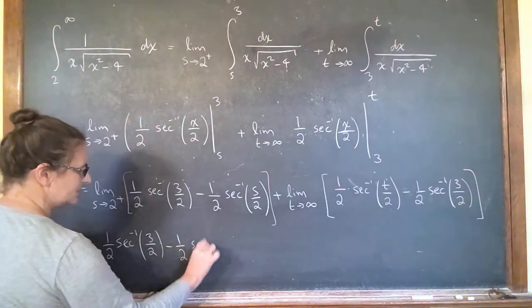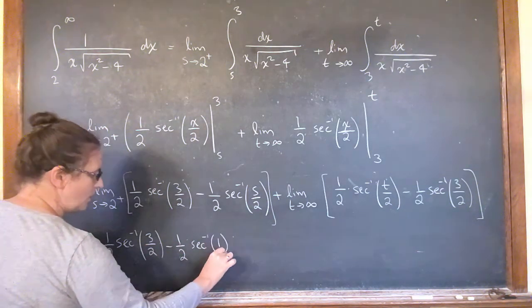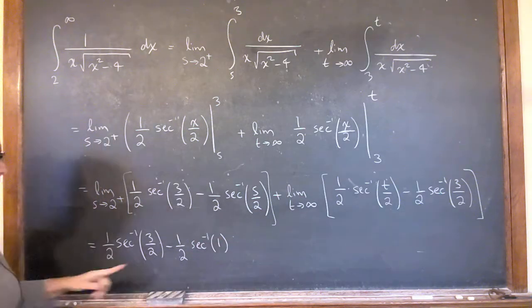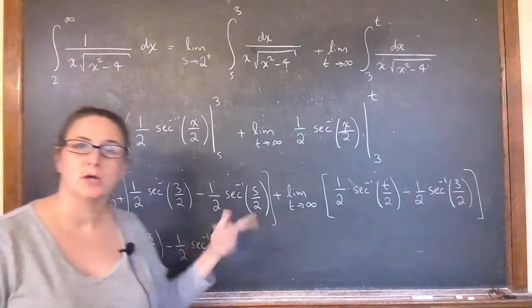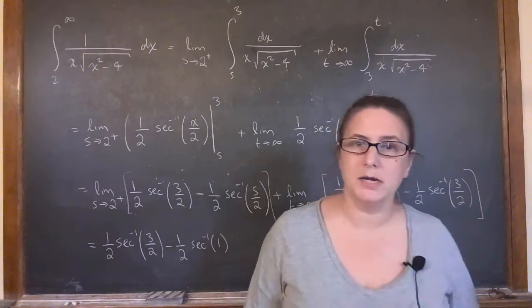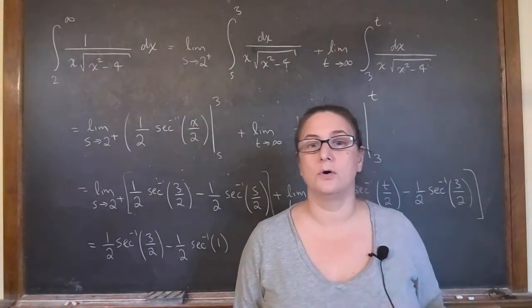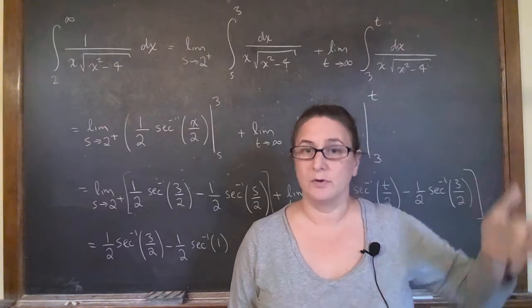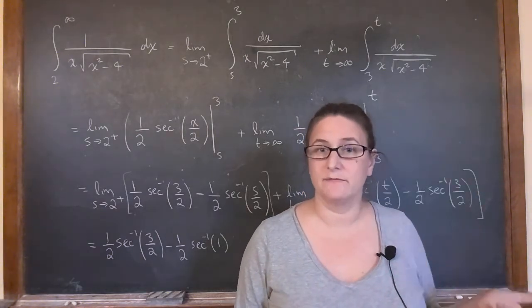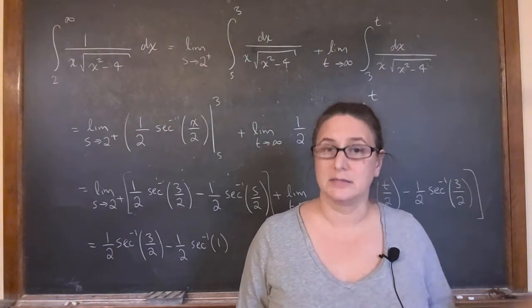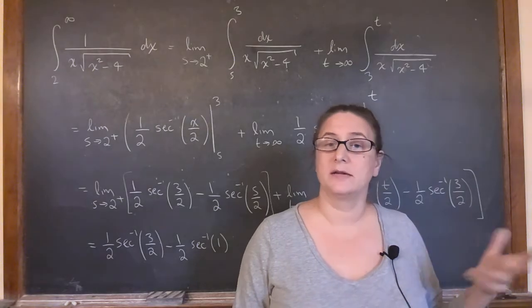This is inverse secant of 1, okay? Well, what is inverse secant of 1, because I got 2 over 2. Inverse secant is 1 over cosine, so 1 is equal, it has to be cosine of 1, so what's the inverse cosine of 1? It's 0, right? Because cosine of 0 is 1,